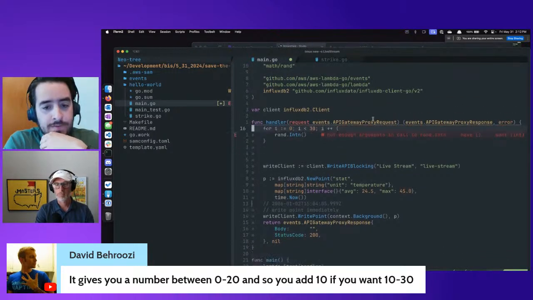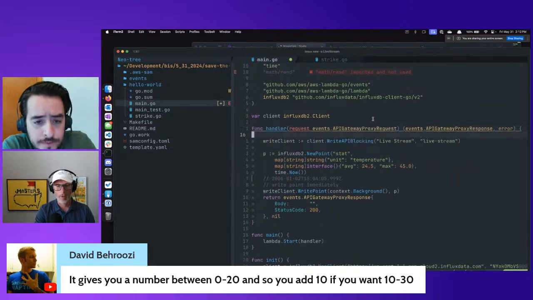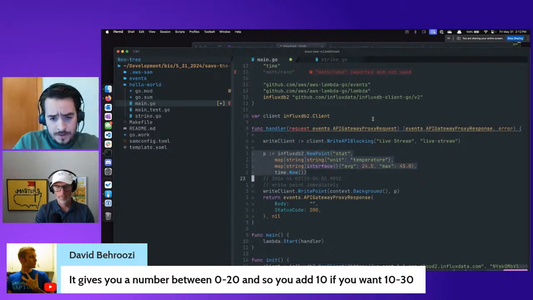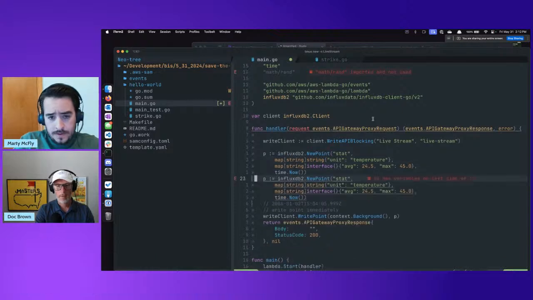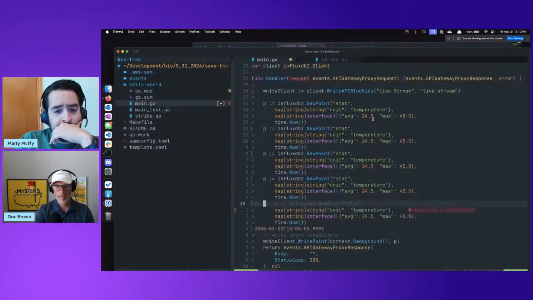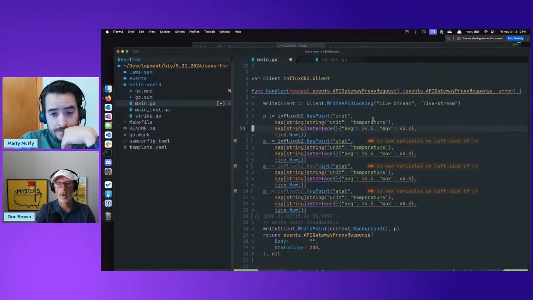We could run this over and over. So we could copy this and run it.